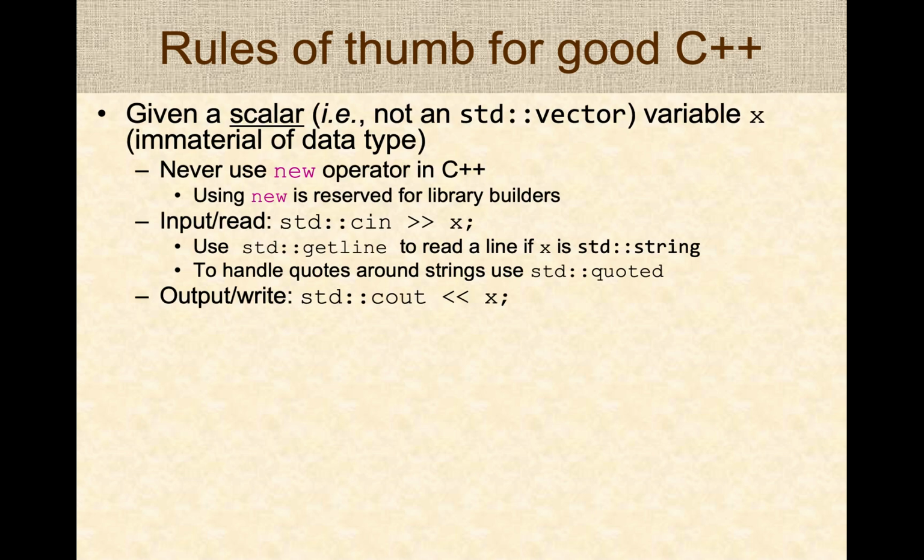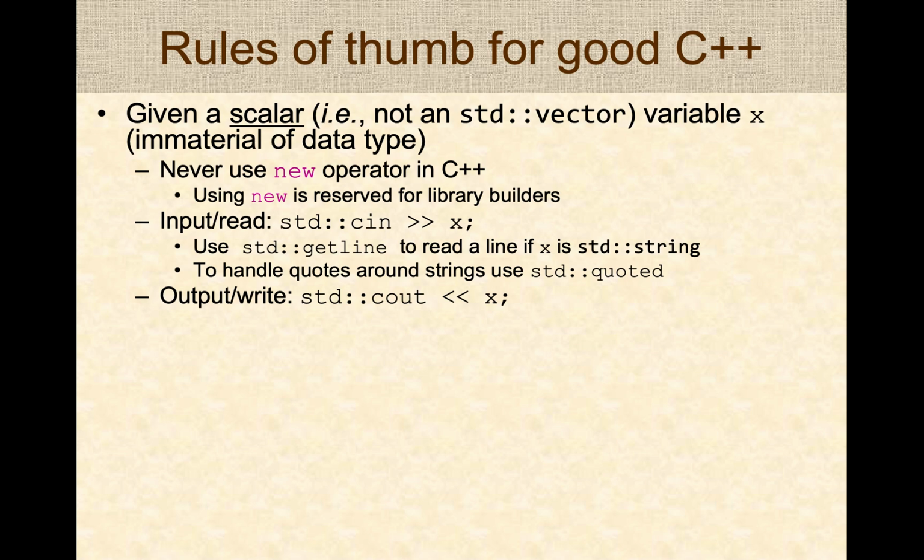So always never use the new operator in C++, that is reserved for library builders. In all of the series, we haven't used new one time in any of the examples. Of course, use the standard stream extraction operator for reading data. We've now seen how operator overloading works, and we know why we are using the stream extraction, because you can consistently use the same pattern for reading data, and it makes life easier to remember one single pattern to read data. Sometimes you may need to read a whole string, a whole line, then use std::getline,